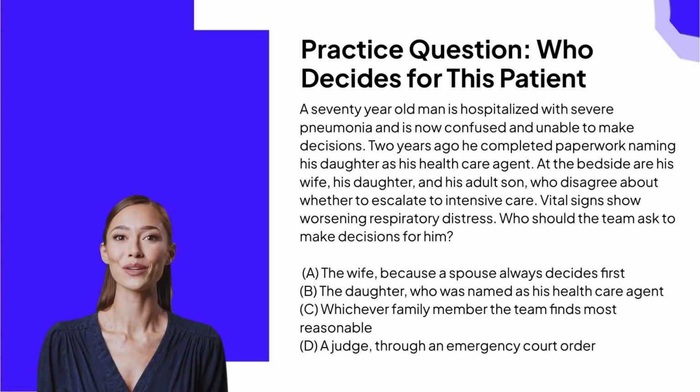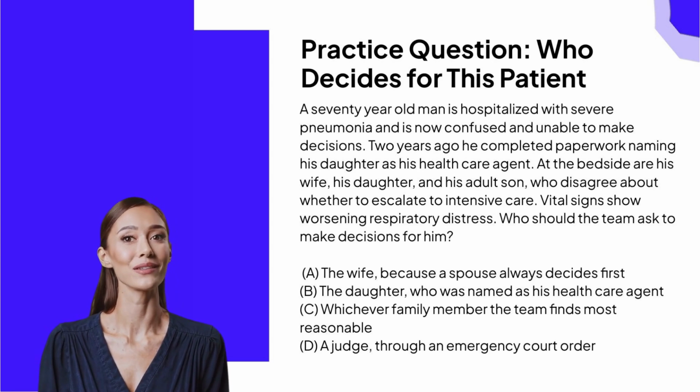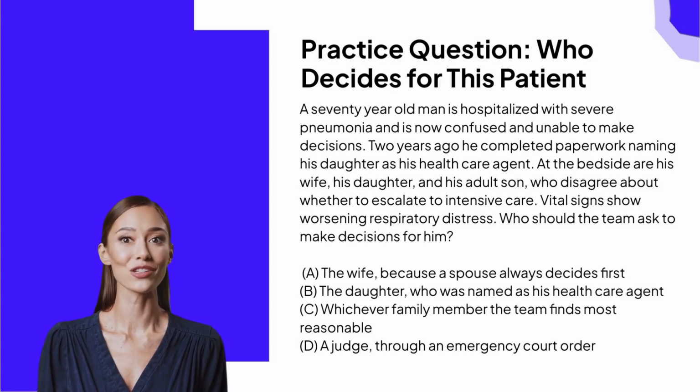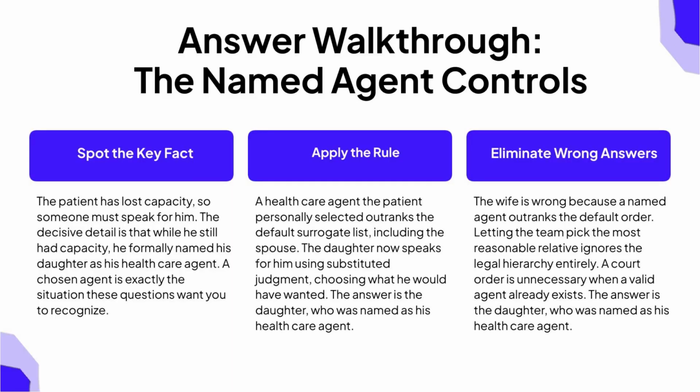Notice that a specific person was formally named while the patient still had capacity. Read the 4 options carefully and pick your answer, then we will walk through the reasoning together on the next slide. Let us break this down step by step. First, spot the key